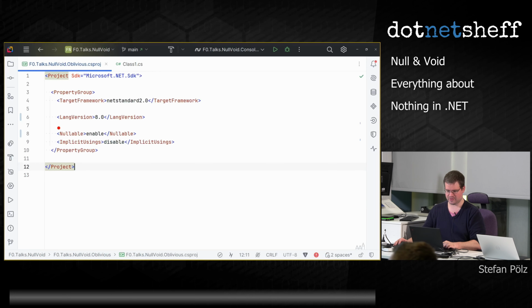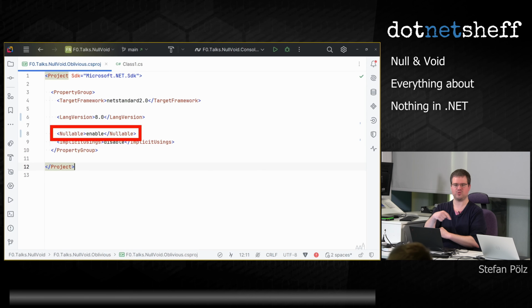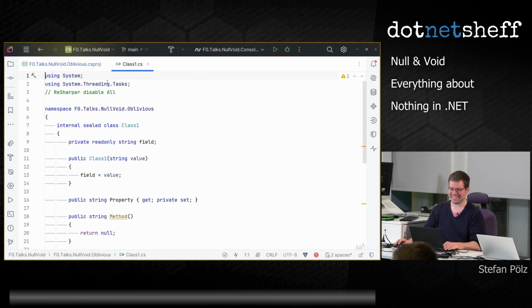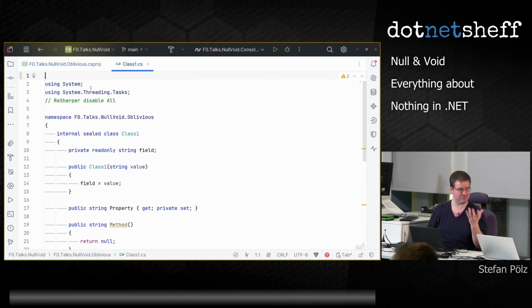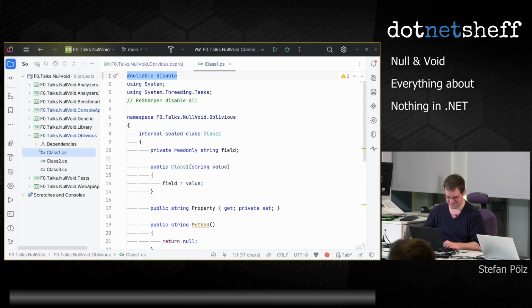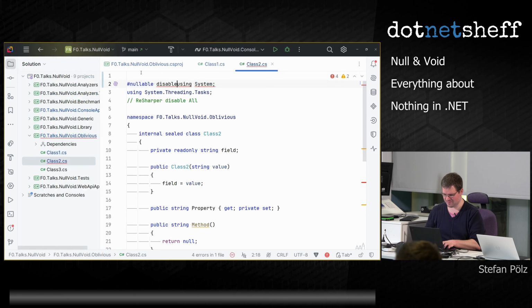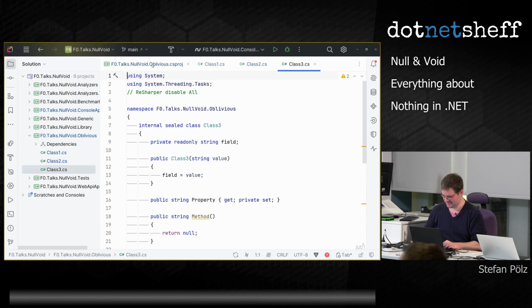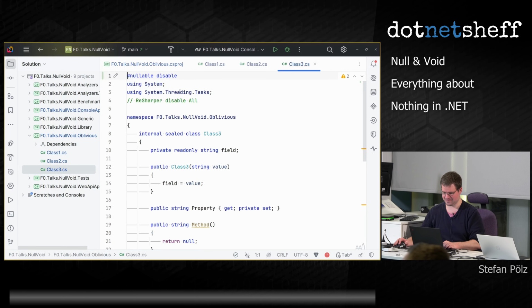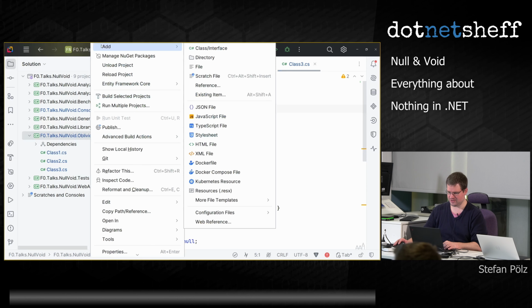You either start in the project file to enable nullable, which enables nullable reference types for every file in this project, then go into every document and say nullable disable. So we haven't really changed anything. Actually, let's do this for each and every document. I wrote a little tool that does this automatically, just putting this on top. Now we haven't really changed anything, but if I were to add a new class,